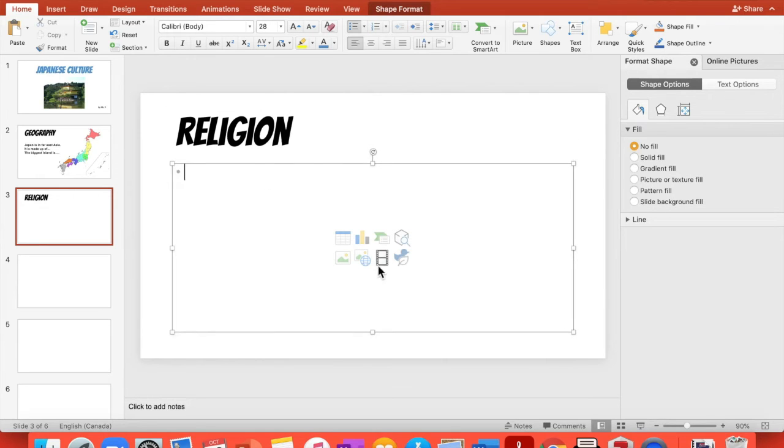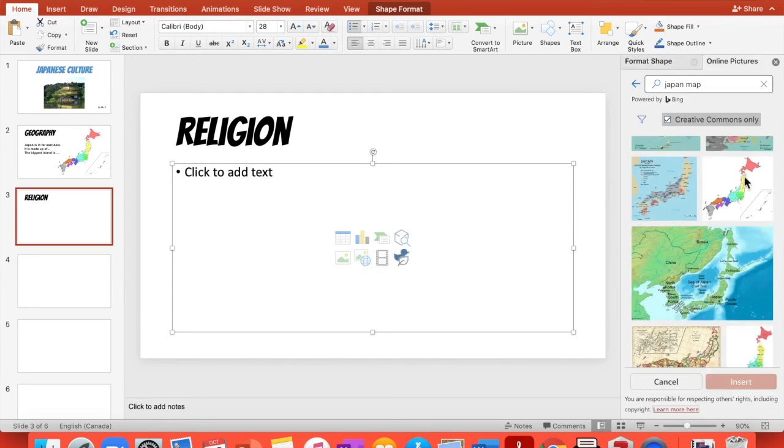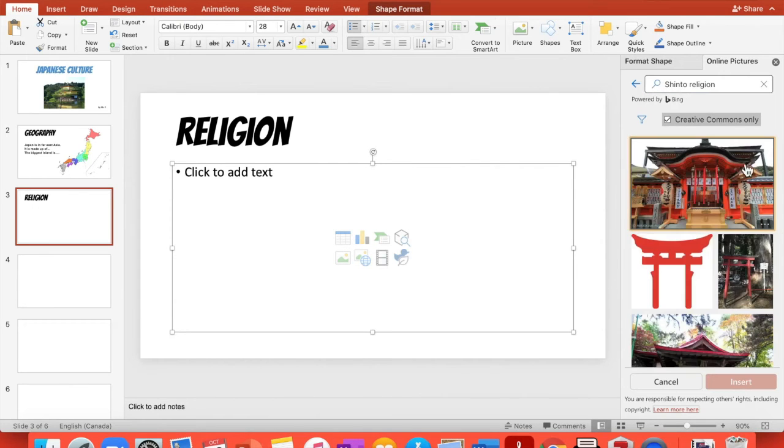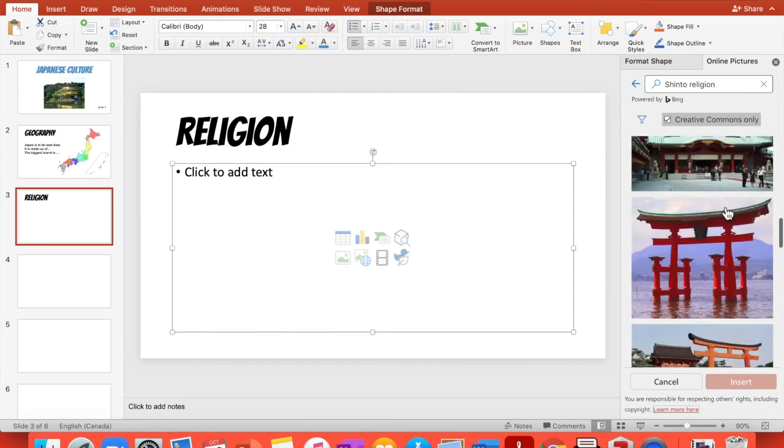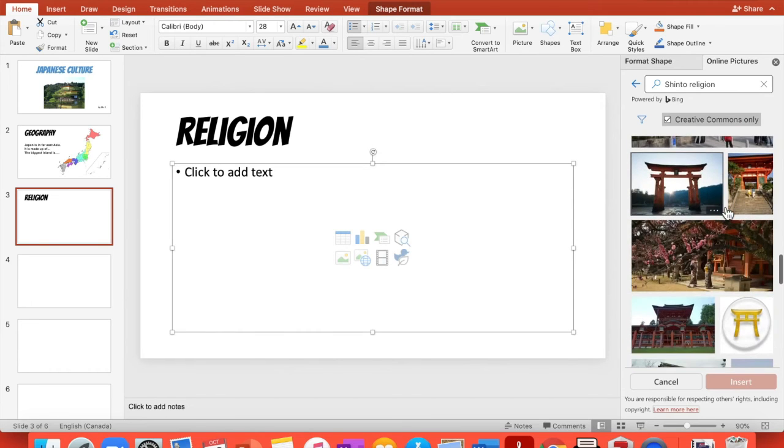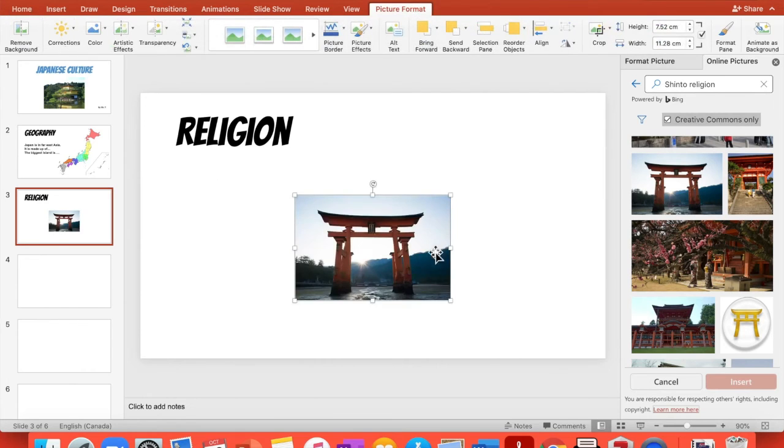Okay, and you have it right there with the same font and the same size, so everything looks the same. Then you're going to add a picture. We go back to picture, and I believe Shinto religion is Japanese, so I'm going to look for a nice picture. This is a nice picture. I like this